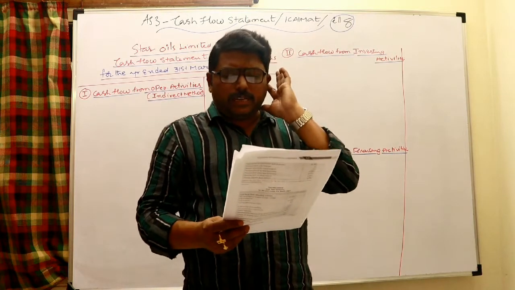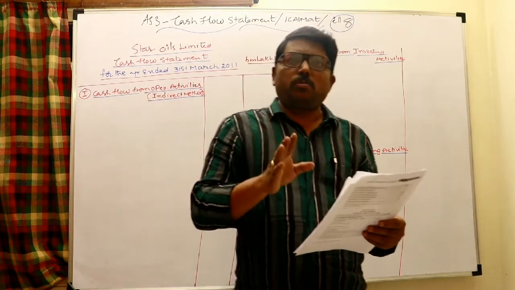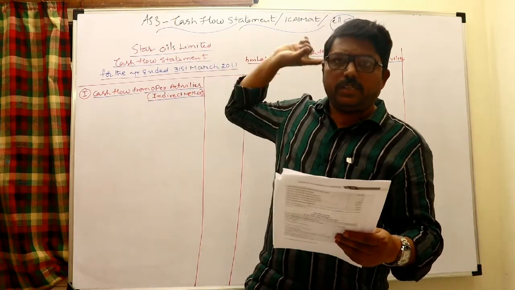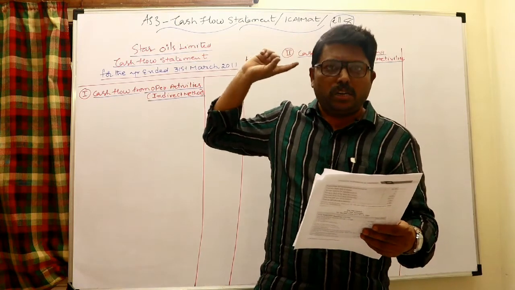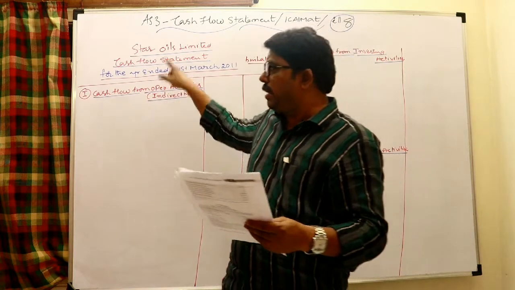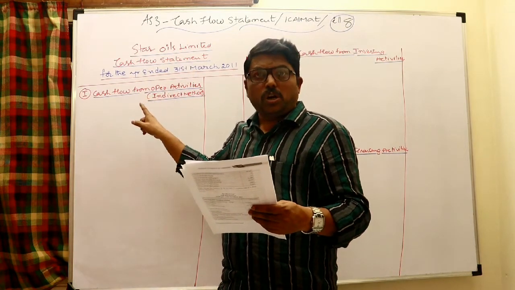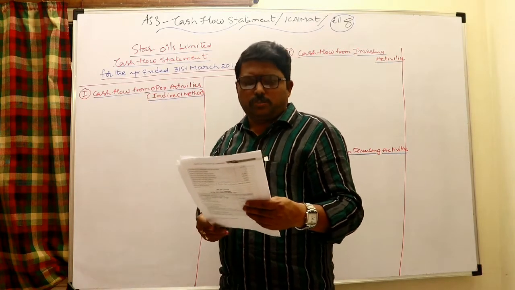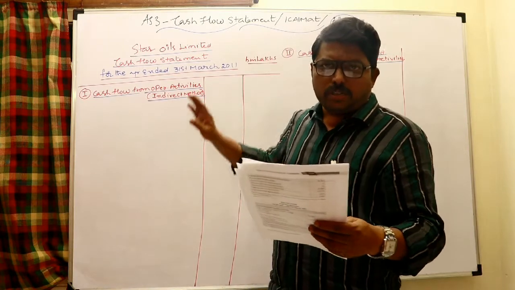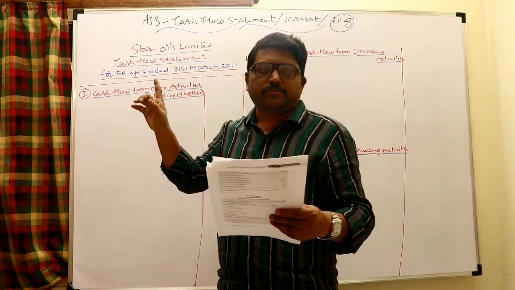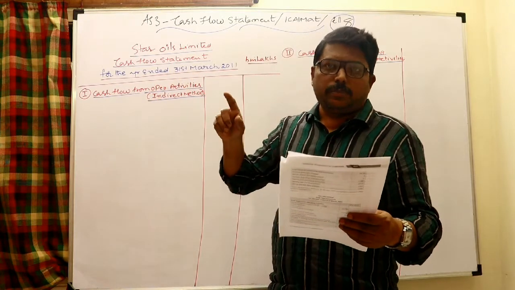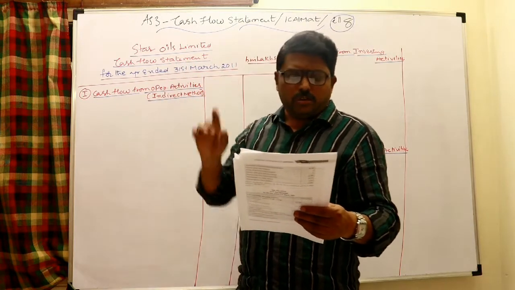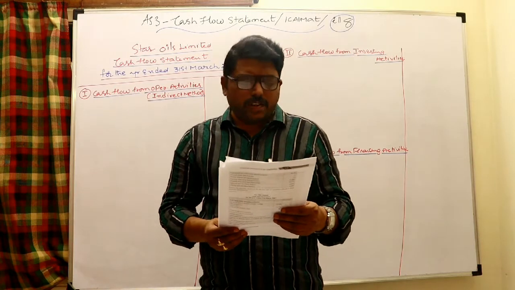Dividend including dividend tax paid 8,535. Normally dividend paid is a financing activity. It should be added back here and deducted as a financing activity. But here you can deduct it only as a financing activity, and need not add it back here, because this net profit is not after appropriations. It is net profit after tax. Of course it should be categorically given, but it is not mentioned here. Since dividend is an appropriation and was not deducted, there is no need to add it back here. So you can show it as a minus figure in the financing activity.